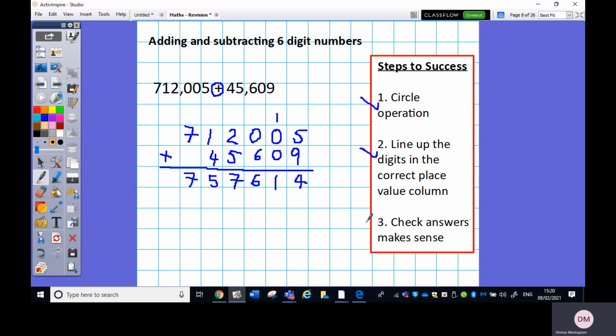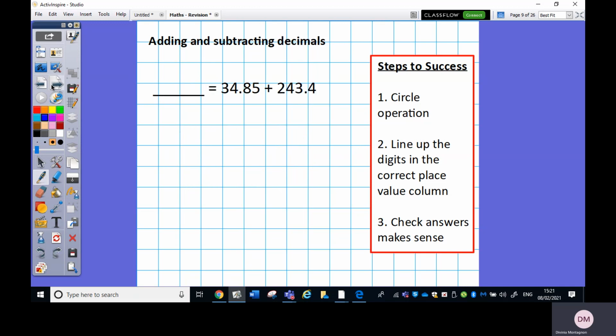Now let's check to see if it makes sense. I've started with 712,000 and I've added. So is it going to be larger or smaller? Yeah, it's going to be larger. So let's look at my answers. 757,000 is larger. I can see just a quick glance, so I know that that makes sense. Again, we've got one of those really funny ones here, don't we? Where we've got the answer at the beginning, but we know that actually it's still the same. So we have